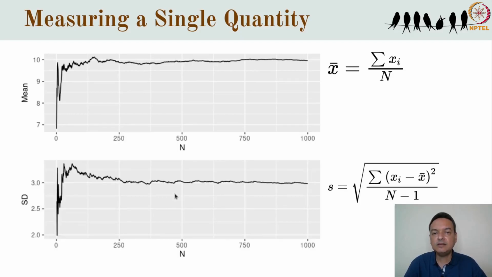The running standard deviation of the same sample shows a similar pattern, fluctuating at first and then settling down near what we hope is the true population standard deviation. Now, some people look at the n in the denominator of the formula for standard deviation and therefore expect the standard deviation to decrease with sample size. But that doesn't happen because for each additional sample, each additional n, an additional deviation is being added in the